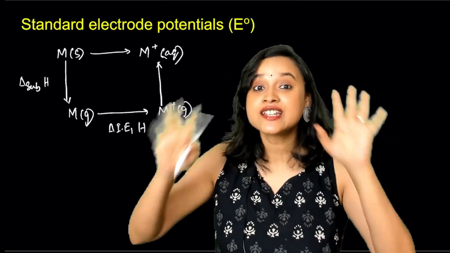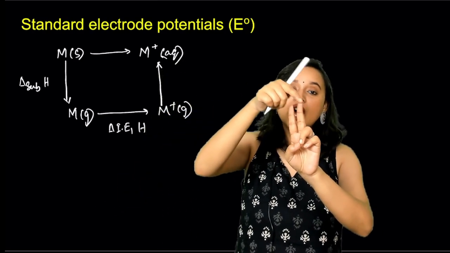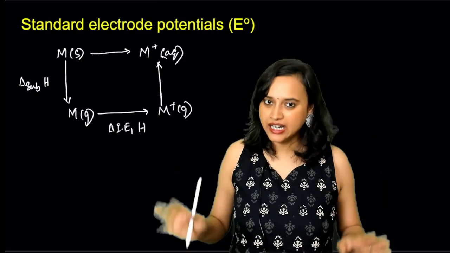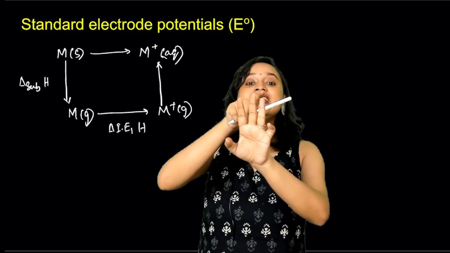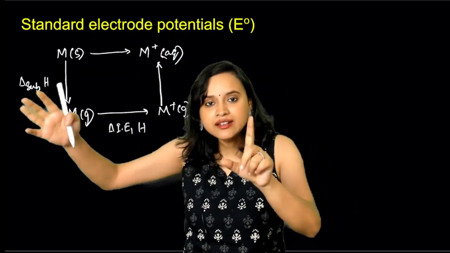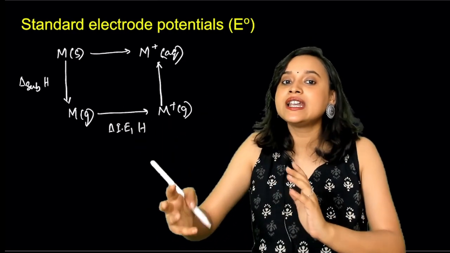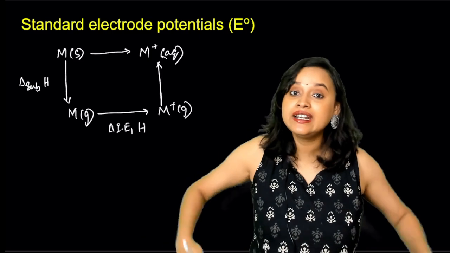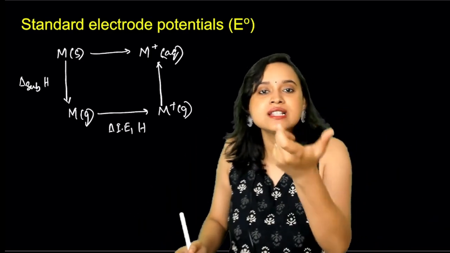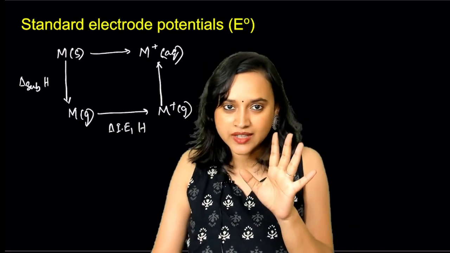So everybody, now come back to thermodynamics. When you are giving energy to the system, work is done on the system, so plus is happening. Hydration energy is released by the system, which means negative is happening. So plus and minus, when you get all of this together, for all the other elements it is somehow compensated. But in the case of copper, the hydration energy released is so high that the negative wins, and you will see that the standard electrode potential is a negative value for copper. Get the point?